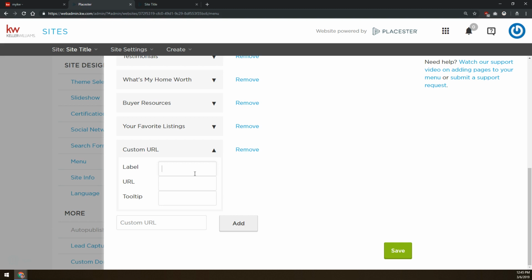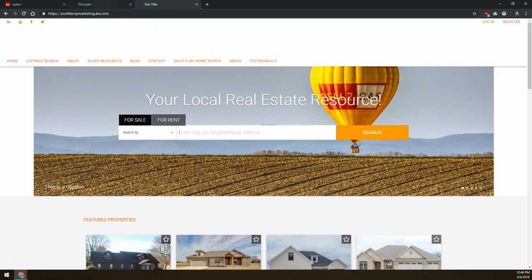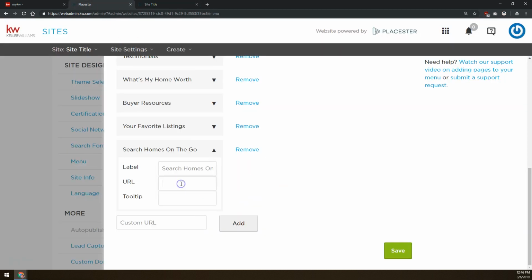So what we'll do here is you can name this anything you want to. I typically call this free home search app. Gosh, I spelled search wrong. Or something like search homes on the go, something like that. You can put whatever you want to in that label. That's what's actually going to show up here in the menu. Underneath that, it asks for a URL. This is where we're going to put in our app link, the one that goes